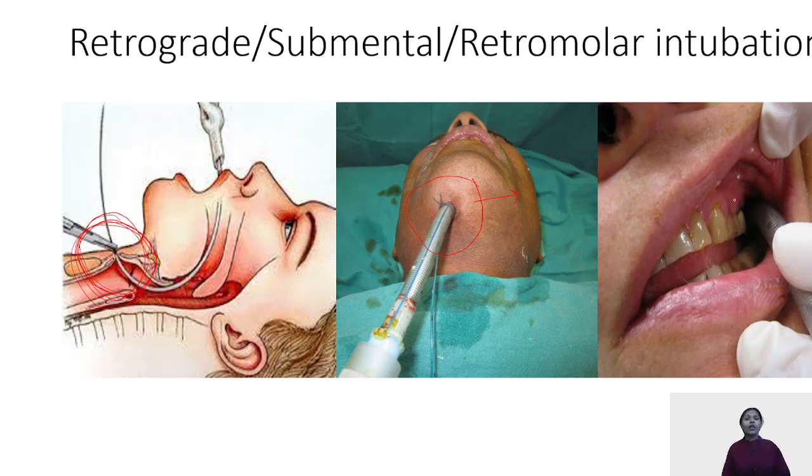The image of the equipment can be shown, and it can be asked what this is used for. The Bonfils retromolar intubation scope is used for retromolar intubation, generally in cases where we have very restricted mouth opening or distortion because of oromaxillofacial trauma. This is the retromolar intubation, where the tube is introduced behind your last molar teeth.